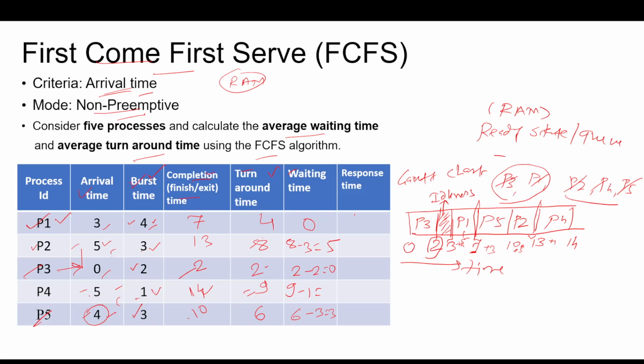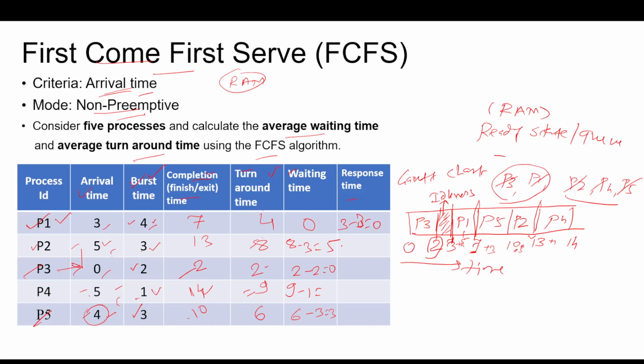And now last, response timing. Response timing is also very important, but for FCFS it is not required. Still it is mentioned, or we calculate that. So response time is the time at which a process got the CPU first time minus arrival time. Remember that this definition I have already discussed in the video. You can check that. Response time means when initially the CPU is received by that particular process, P1 here, when initially 3. 3 minus arrival timing. So 3 minus 3, that is